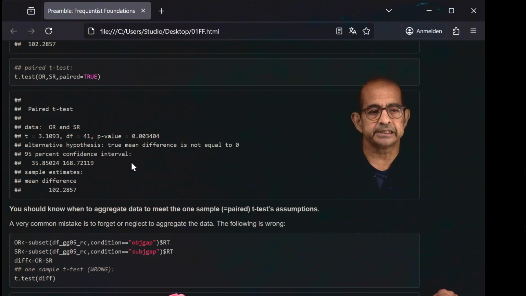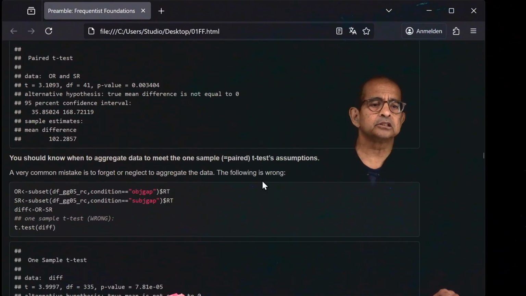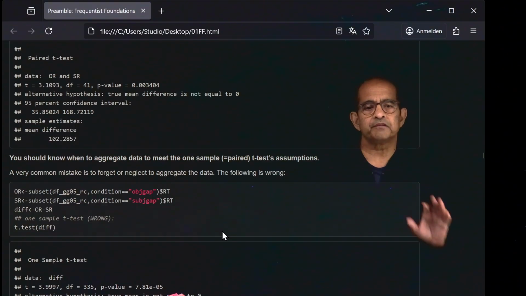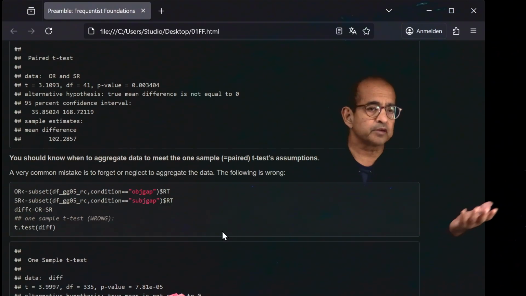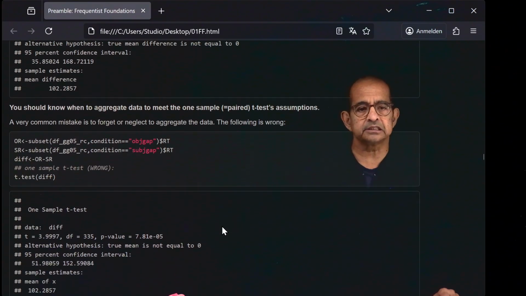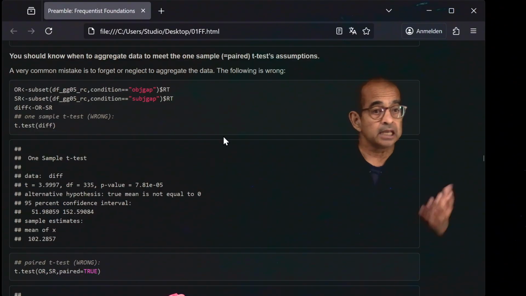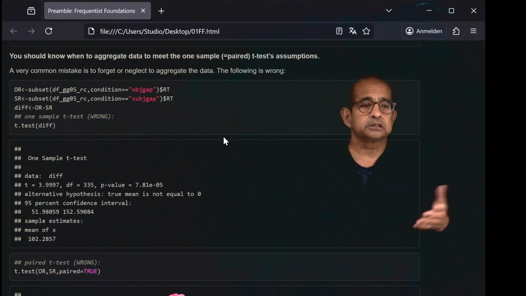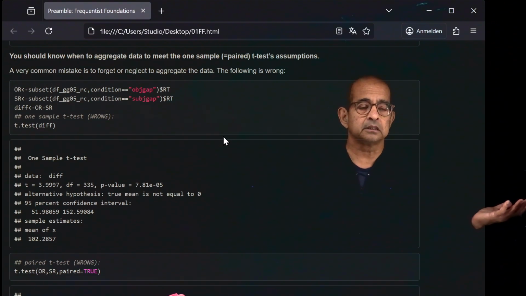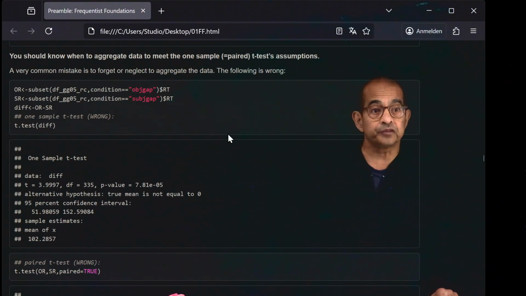Okay, so these are two important pieces of code that you must know in order to carry out data analysis for repeated measures data. The critical thing to remember is that if you have repeated measures data, you will have to aggregate the data before we can do the t-test. Otherwise, you're going to get incorrect analysis. So here's an example of an incorrect analysis, and you'll be surprised to hear that very often people publish papers with this kind of incorrect analysis